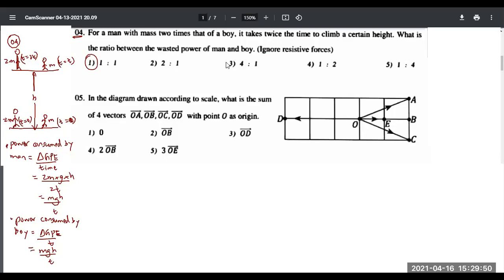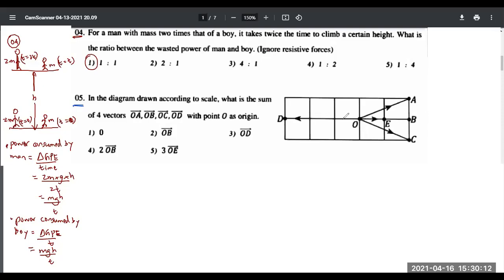And then moving on to the fifth question. It's about vectors, forces. In the diagram drawn according to scale, what is the sum of four vectors OA, OB, OC, and OD with point O as the origin? Right, good. Now, when you get a question like this,